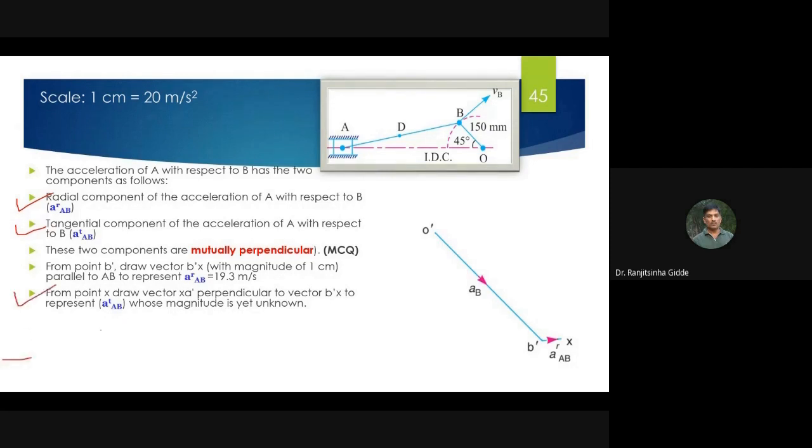Then next line: from point X, from point X, from point X, draw vector xa dash perpendicular to